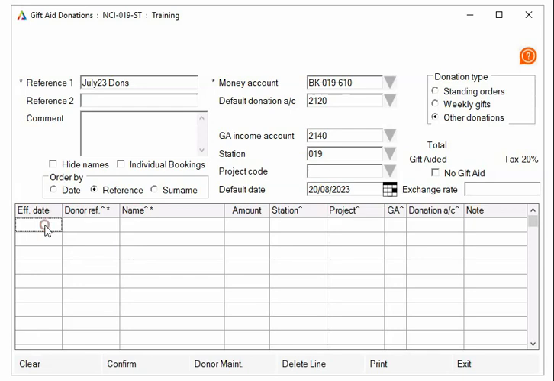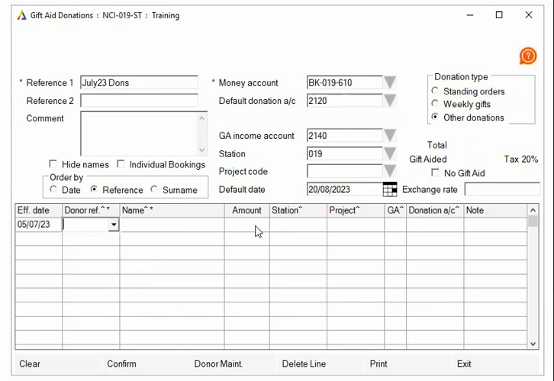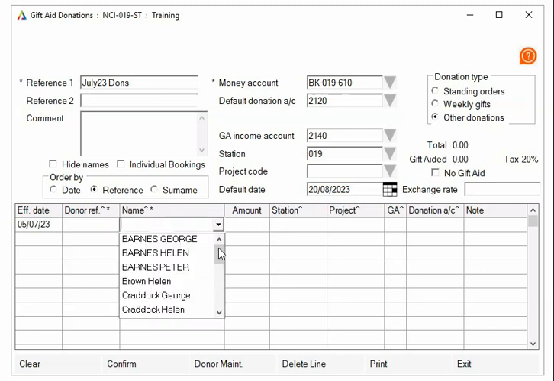If we move down to the grid and start entering some donations, let's say we had a donation on this date, so I've just typed that date in. Now we need to select the donor. We can do this either by right clicking in the donor reference, and that will give a list of all your donors in donor reference order, or you can right click in the name column, and this will give you a list of all your donors in surname order,